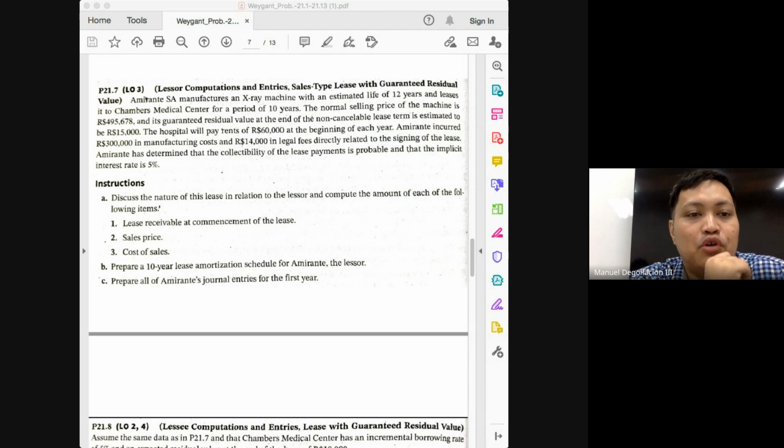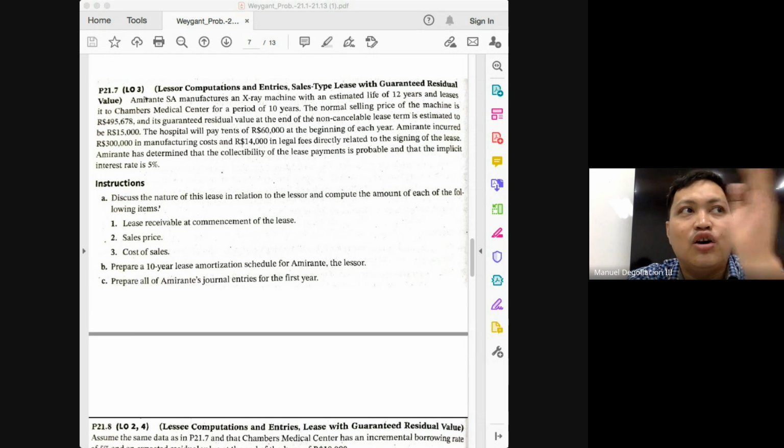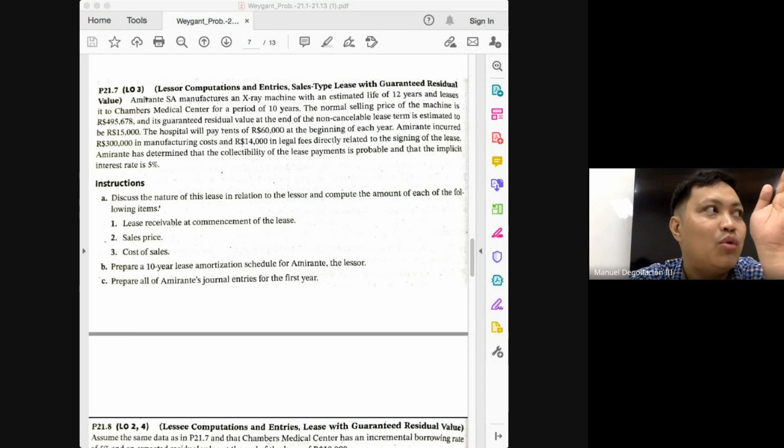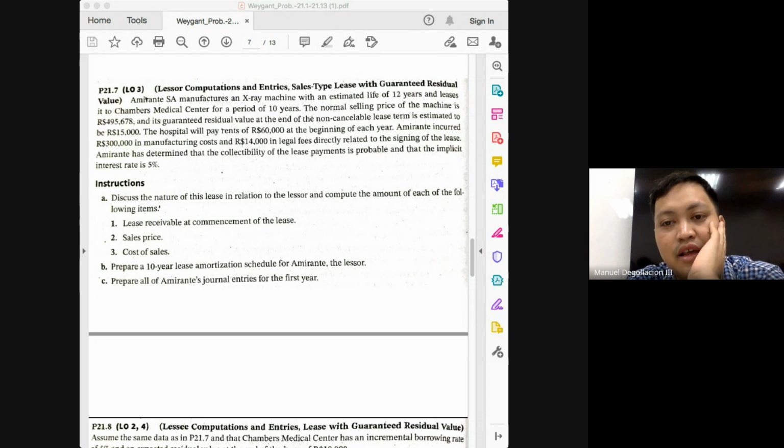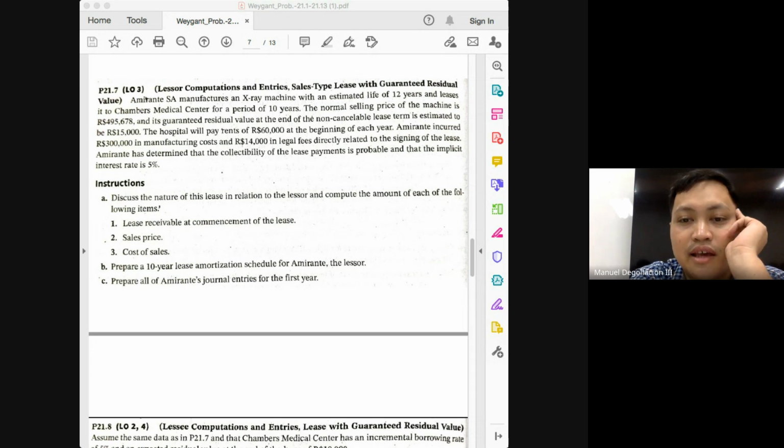Next question is to compute for the interest revenue for year 1, class. Of course, you will have interest revenue here because your lease receivable was outstanding for one whole year during year 1. Why? When was the contract entered into? It was entered into at the start of the year. So the entire receivable was outstanding for the whole year, and it will be earning interest. Okay, but first things first, how much interest will it be earning every year percentage-wise? It would be the implicit interest rate of 5%.